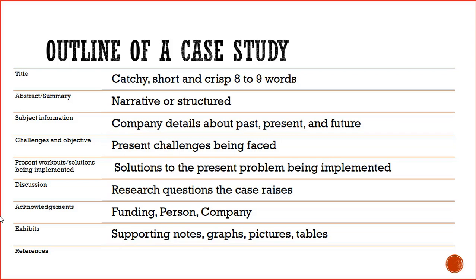So what is common, I will tell. Title is common, you cannot avoid. Abstract is optional, you may or may not. Introduction is common. And then after introduction, everything is flexible. In between you can come up with the company's information, the present situation of the company, the history of the company, and then discussion at the last. It is common to end with the research question. These are the things in the case study.